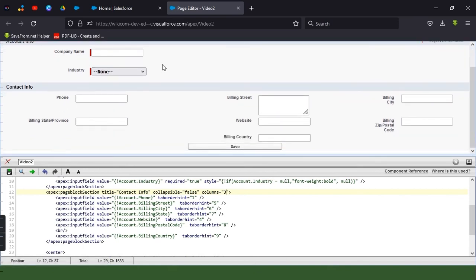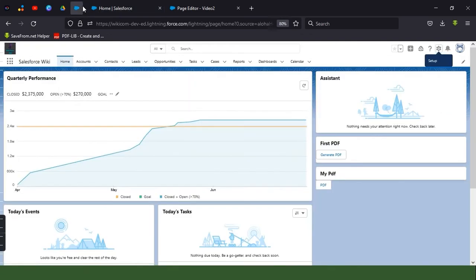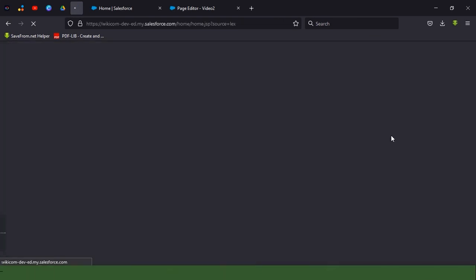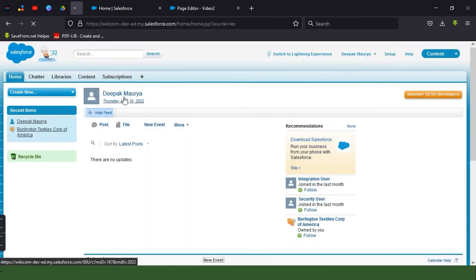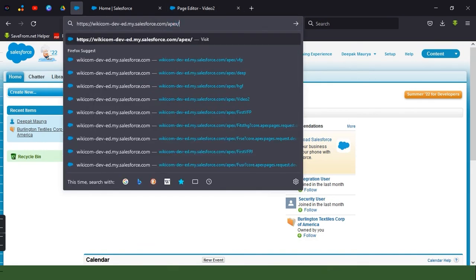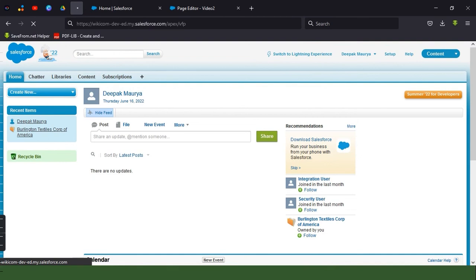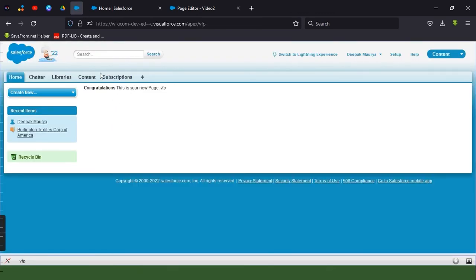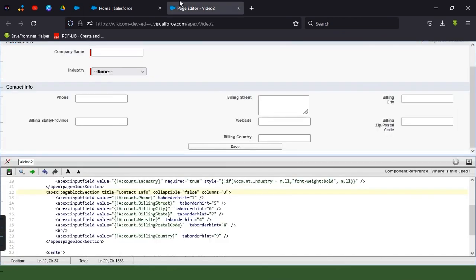The second thing I wanted to show you is that now if I try to open a Visualforce page from the URL that doesn't exist, we will get the error along with a link to create the Visualforce page. See, we are getting the same error, but here we are getting one more link to create the Visualforce page, and as soon as I click on that link, a Visualforce page will be created for us.